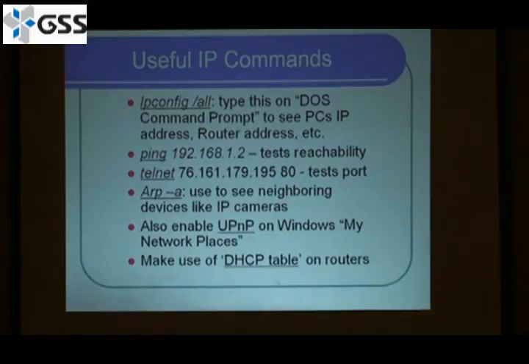Some useful commands, and these commands, they're free. I'm not showing anything that you have to pay for. Mostly I use these, or some other more, things that I use to troubleshoot things. So these commands, some of them I use on MS-DOS command prompt. The IP config command is the IP configuration command. Will show you your local IP address